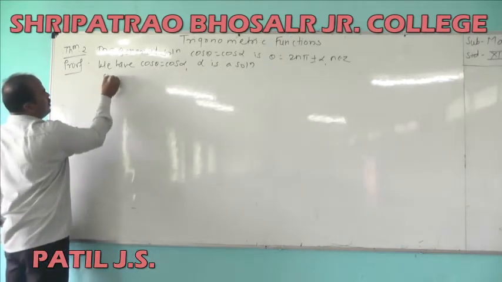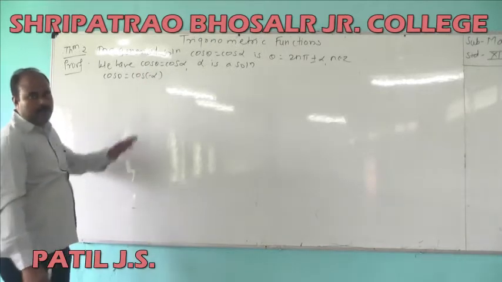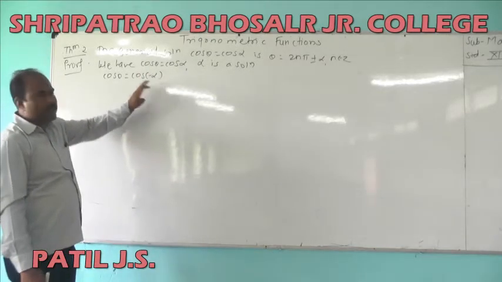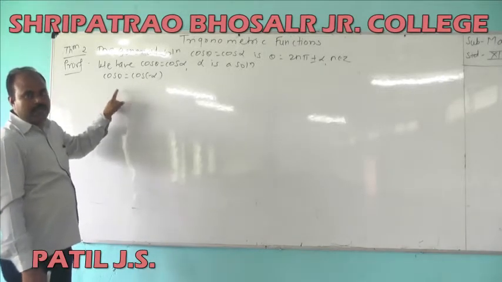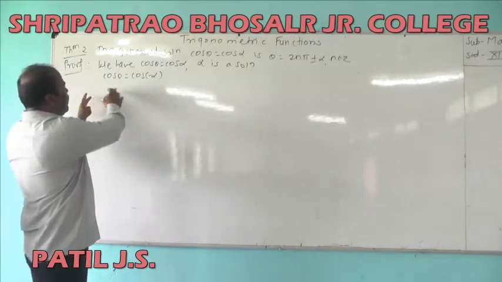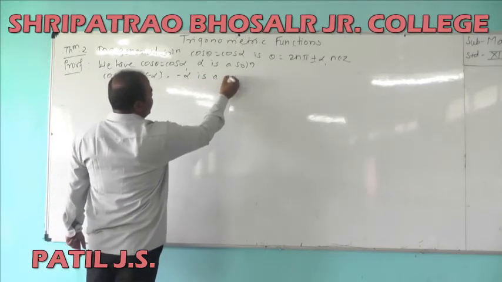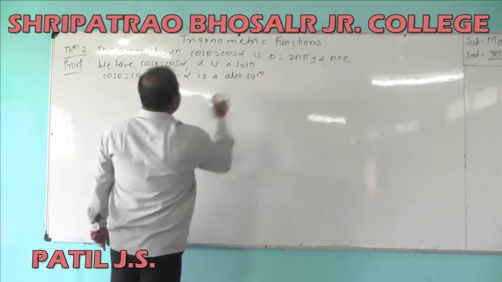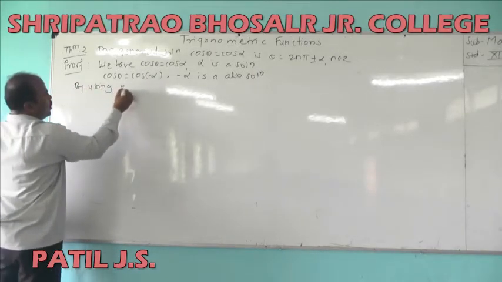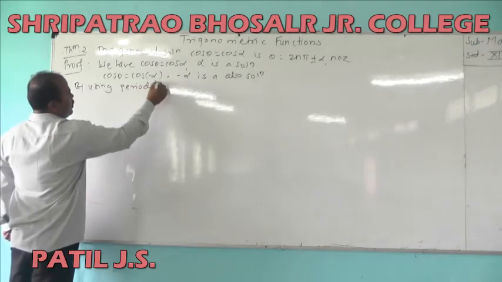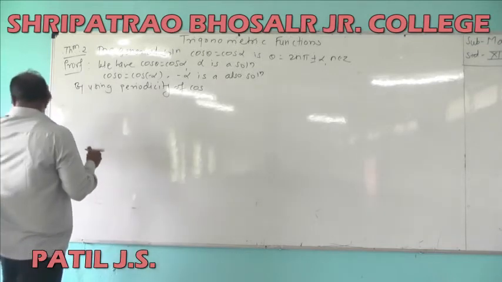We know that cos theta is equal to cos of minus alpha, because sin is an odd function and cos is an even function. That means cos of minus theta is equal to cos theta. It means minus alpha is also a solution. Now by using the periodicity of cos,